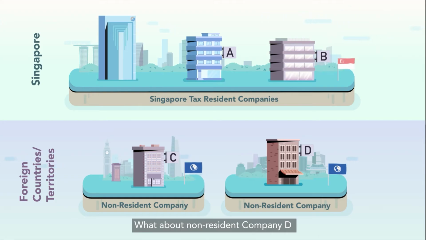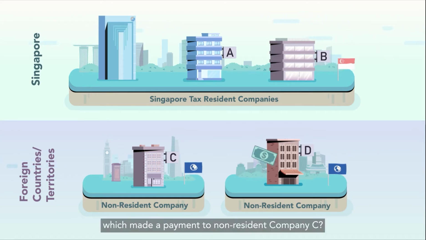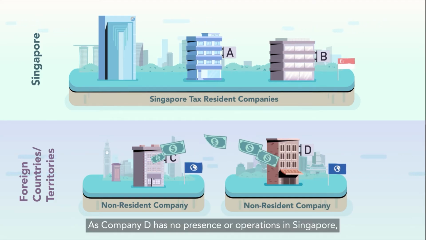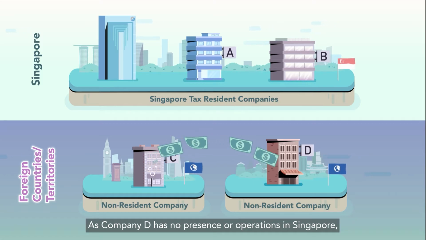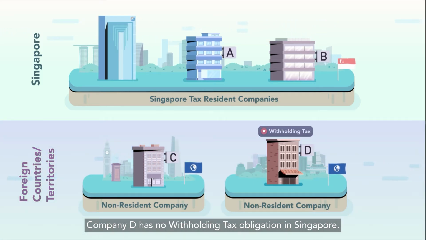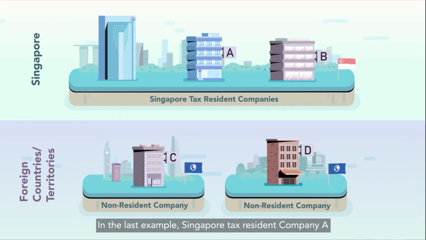What about non-resident Company D, which made a payment to non-resident Company C? Is withholding tax applicable? As Company D has no presence or operations in Singapore, Company D has no withholding tax obligation in Singapore. In the last example, Singapore tax resident Company A had obtained a loan from non-resident Company C